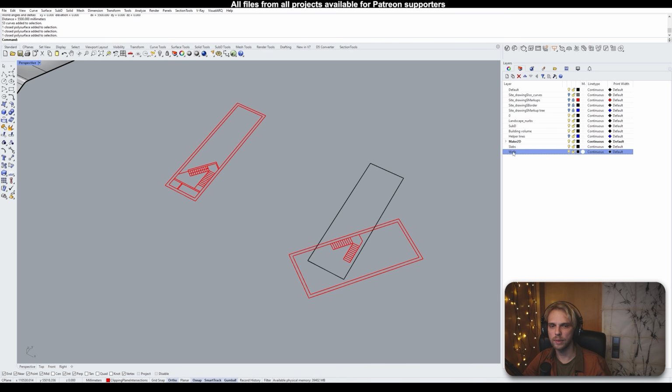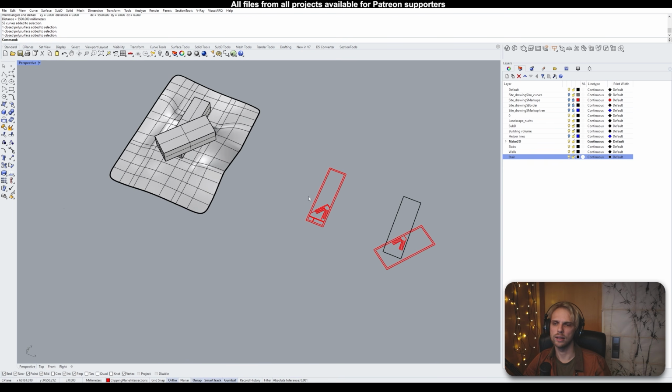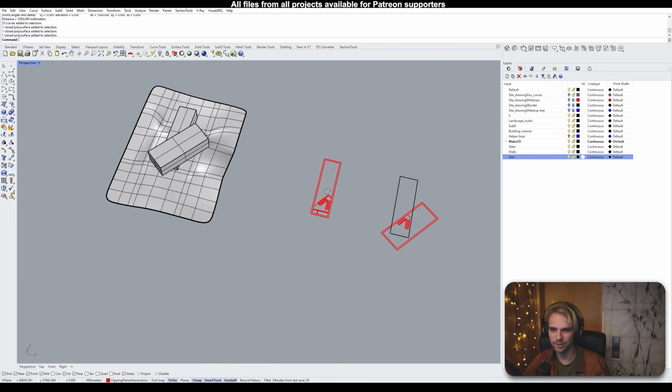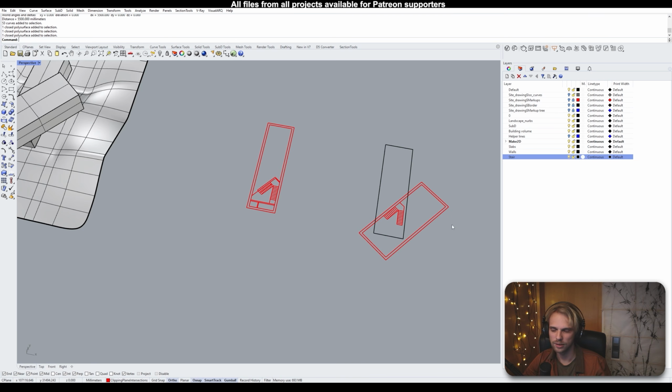I could make separate layers for interior walls and exterior walls, but for now just walls. Then one more layer, call it stair. I think that's going to be it for now, because we'll have slabs, walls, and a staircase. Afterwards we will add windows and doors,